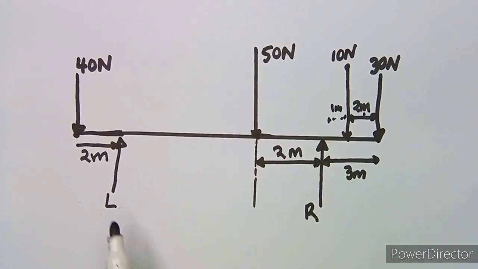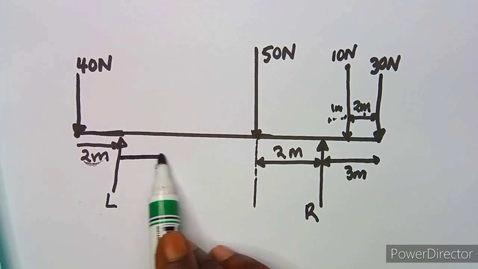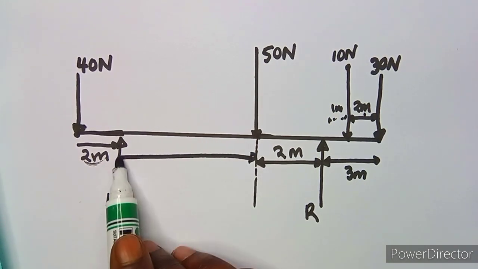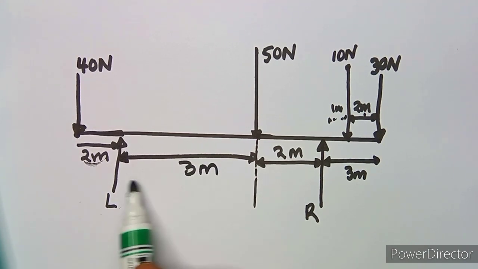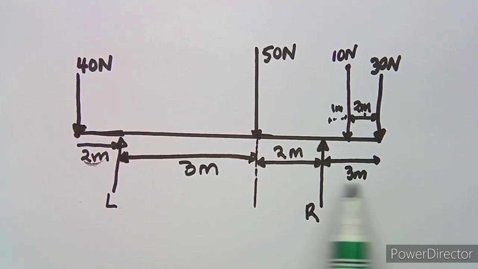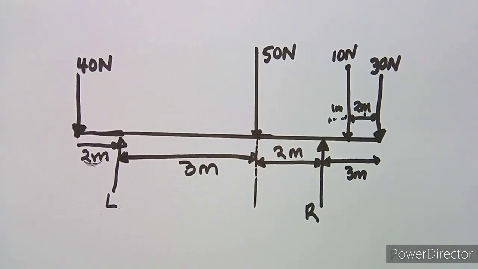Okay, then here also I used 2 meters here, but in between there is 5 meters, so I'm going to subtract 5 minus 2, which means I'm going to remain with 3 meters, so that all in all I'm going to have 10 meters. 2 plus 3 plus 2 plus 3 is going to give us 10 meters like this. Okay, so that was